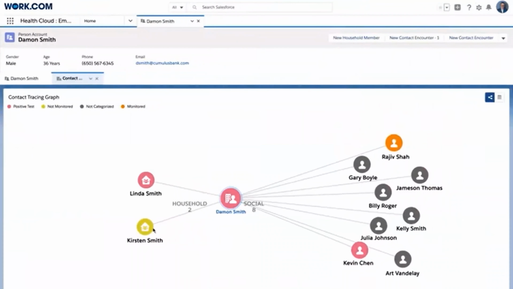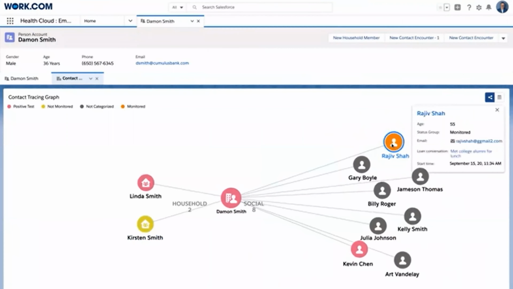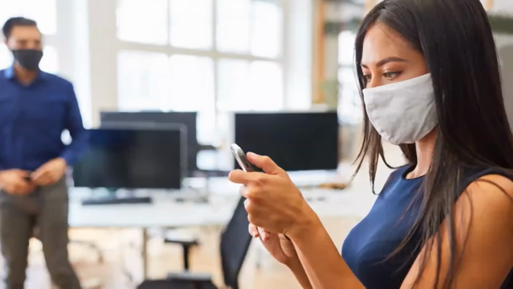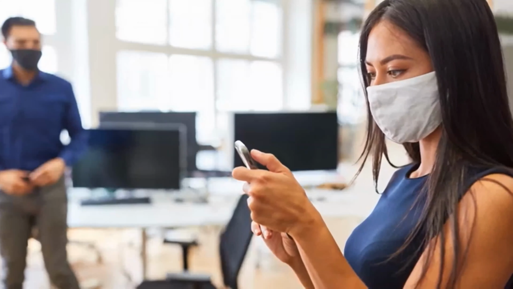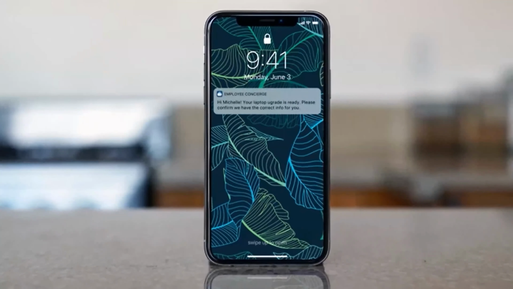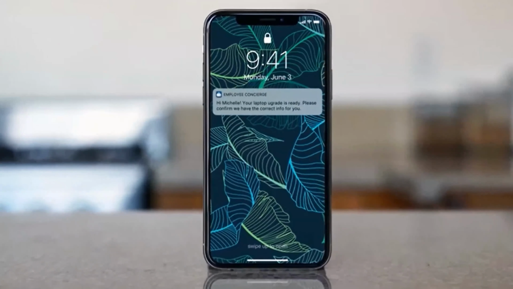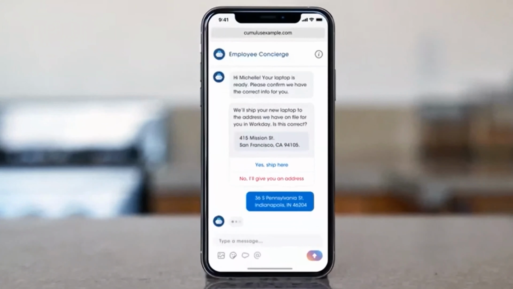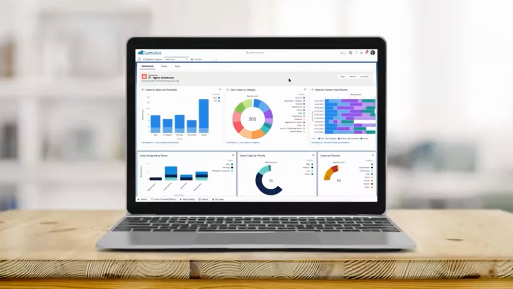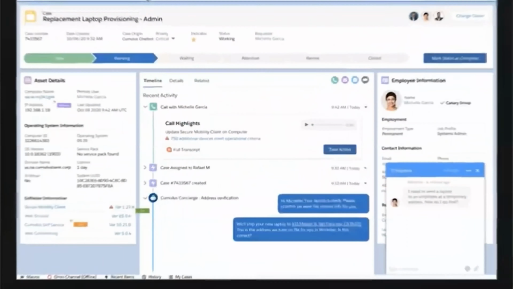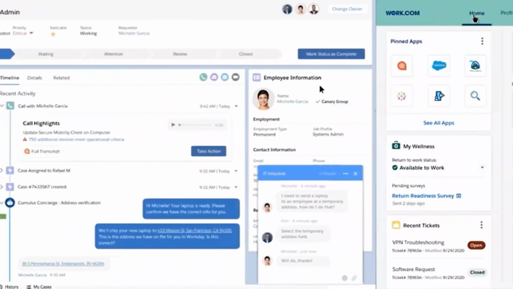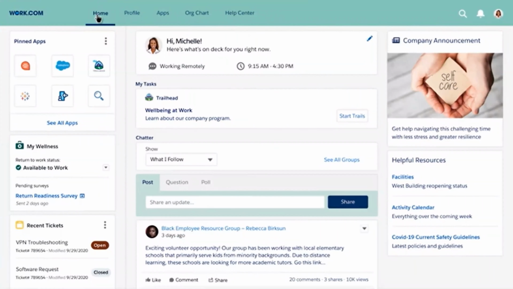With manual contact tracing, you can track health-related interactions. To help everyone stay safe, businesses can also offer employees access to services and tools that promote happy, informed, and productive employees. You can use push notifications to notify employees when there are new tools available, device upgrades, or security policies. And you can use chatbots to more quickly connect employees with important information. Employee activity can trigger the creation of new service tickets, which IT can view and collaborate on to help improve productivity. With Work.com, employees can also access a central workspace for information, support, apps, and workflows from anywhere.